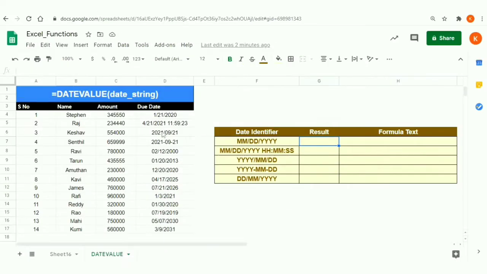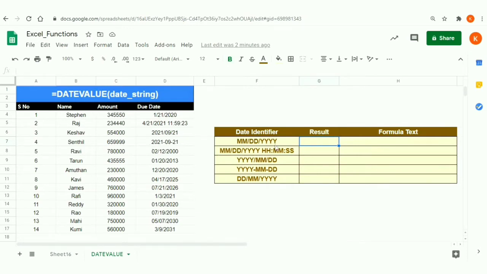And this is the formula for DATEVALUE, and it accepts one parameter. The main purpose of using DATEVALUE is to convert any type of input parameter into a date number. It is not a date, it is a date number. So you can convert that to a date by using the TEXT or date formatting function. Here I'm going to explain 5 different real-time scenarios which will help you understand the DATEVALUE function a little bit more. So that's it, the parameters.